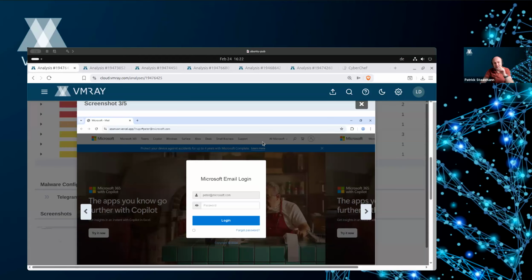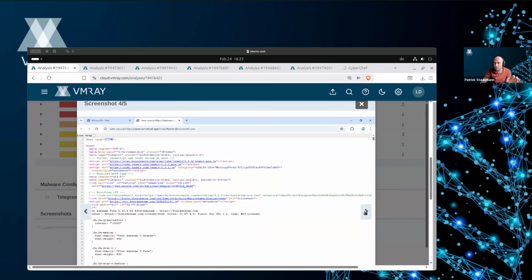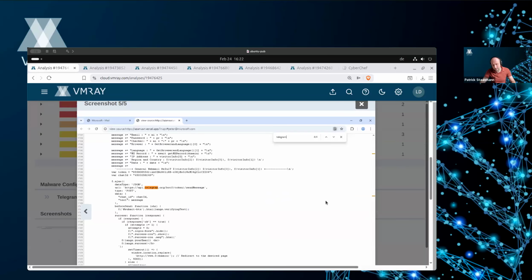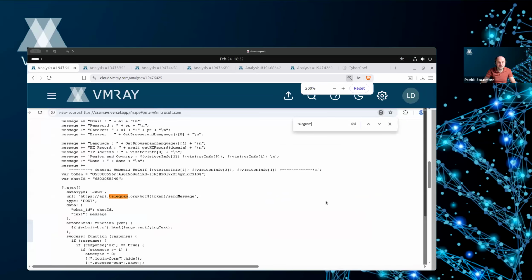But what we can actually do here, based on our analysis of the web page and the web behavior we see, and I've just interacted with the page during the analysis to point you towards what is interesting, is look into the source of that page. You can see the client-side implemented JavaScript. That's quite interesting because sometimes I get the feeling that threat actors are quite far away from understanding security.